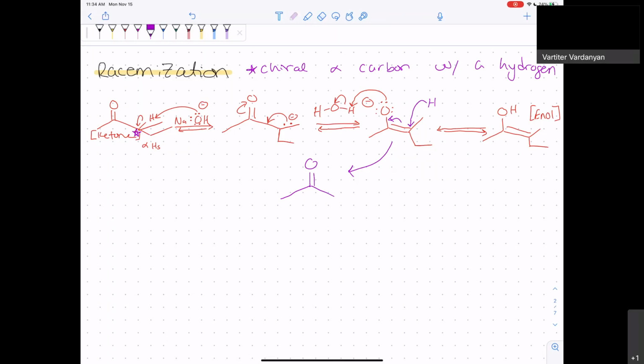So this double bond is in fact planar, and that means we're going to get two products because there's no way we can specify attacking from the top or from the bottom. So we're going to get the wedged product, so we'll have ethyl, methyl, and we'll also get